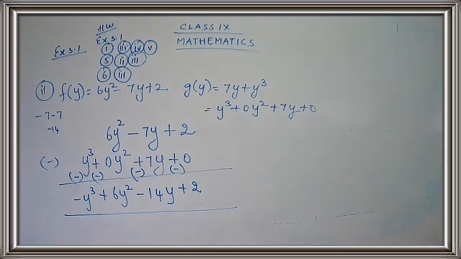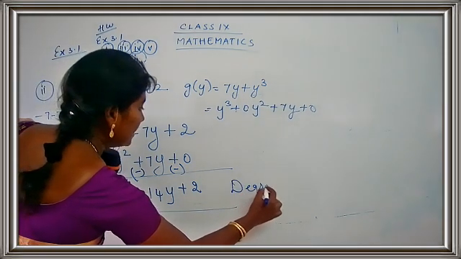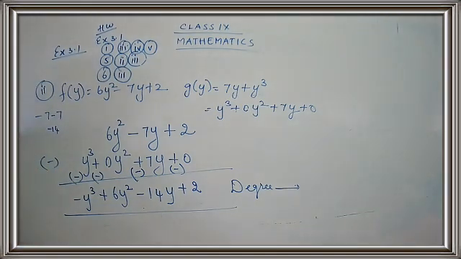And before I stop the class, I just want you to do one more thing. For the second subpart, we have not written the degree part. I have just completed the answer part. So your work is to complete the degree also. You have to write down the degree part here, and this is also your homework. Okay, children. So what is your homework? You have to complete the sums that I have told you, and you have to complete the degree of the second subpart. I hope you can do the degree for the second subpart. Okay, children, let's continue with the remaining sums in the next class.